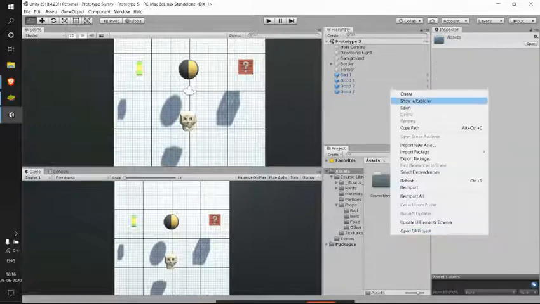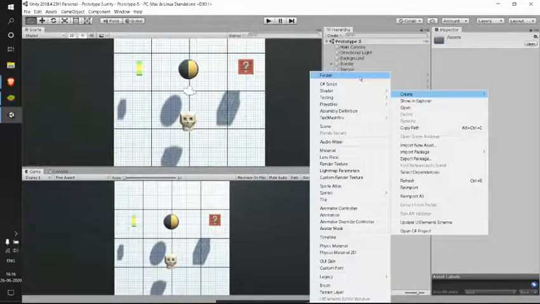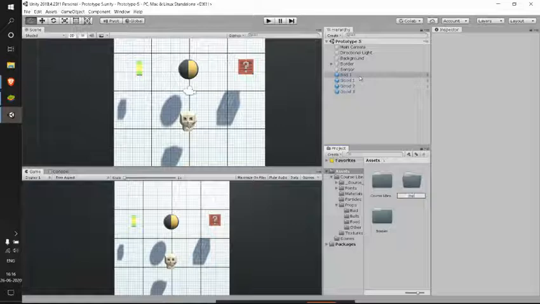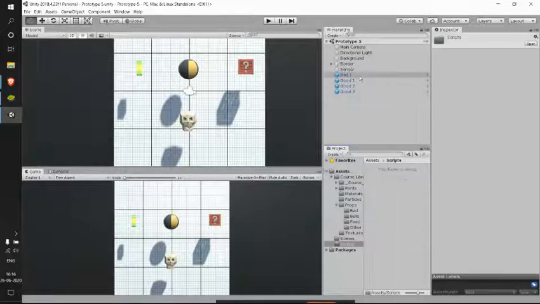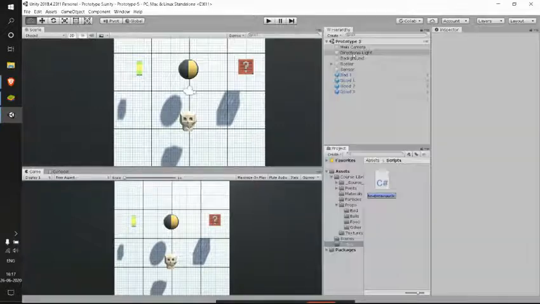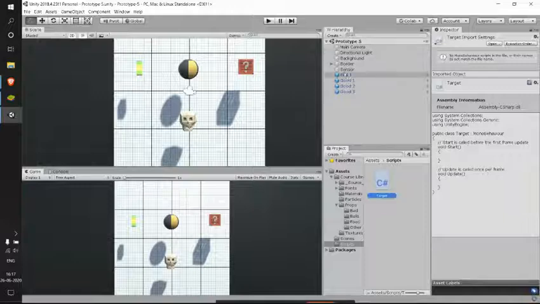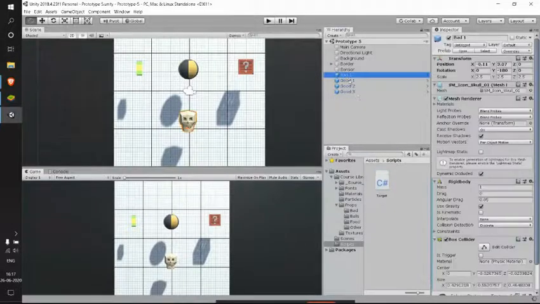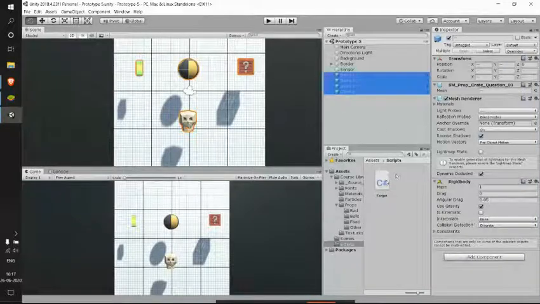So to give that behavior, let's create a script. I'll create a folder called scripts, and in this, let me create this C# script, and I'll name that as target.